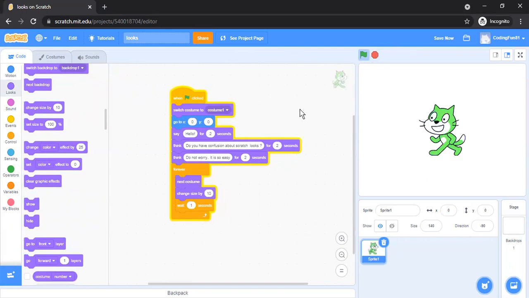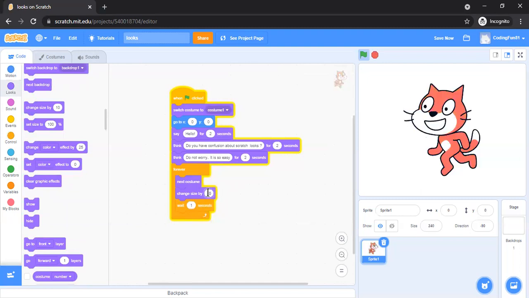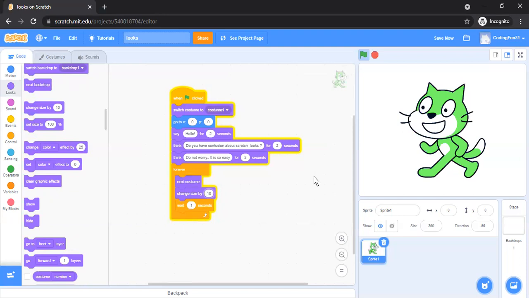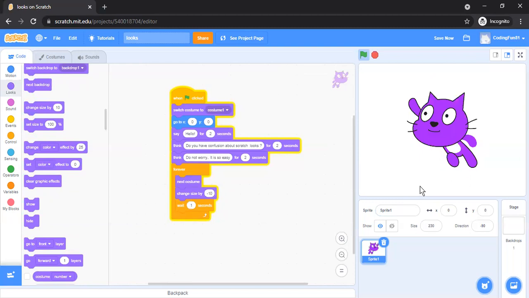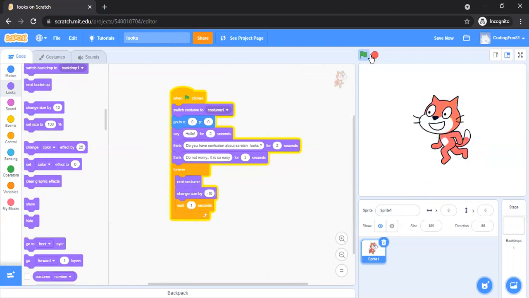Next interesting thing is change size, and with that I want to change its size also, and let's see size is increasing. And change size by -10 also can be done to decrease the size. Like this is change size, okay, that has become such a small one.